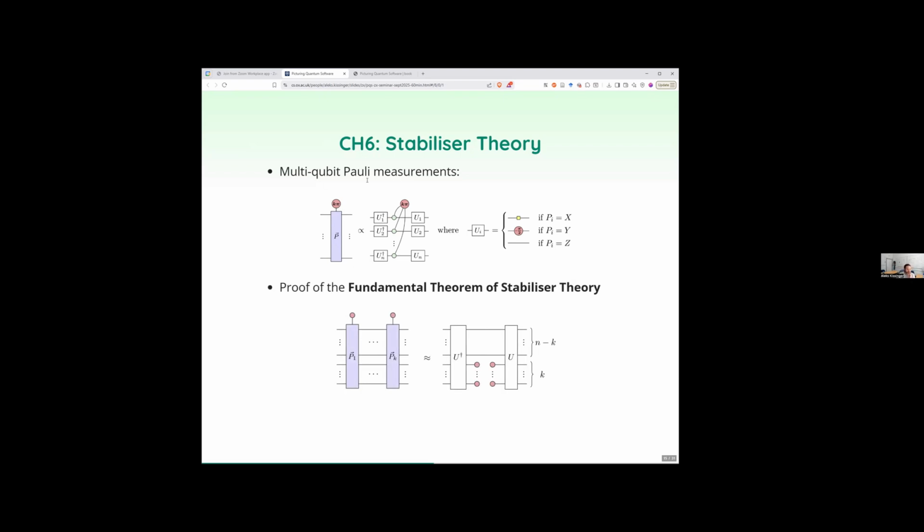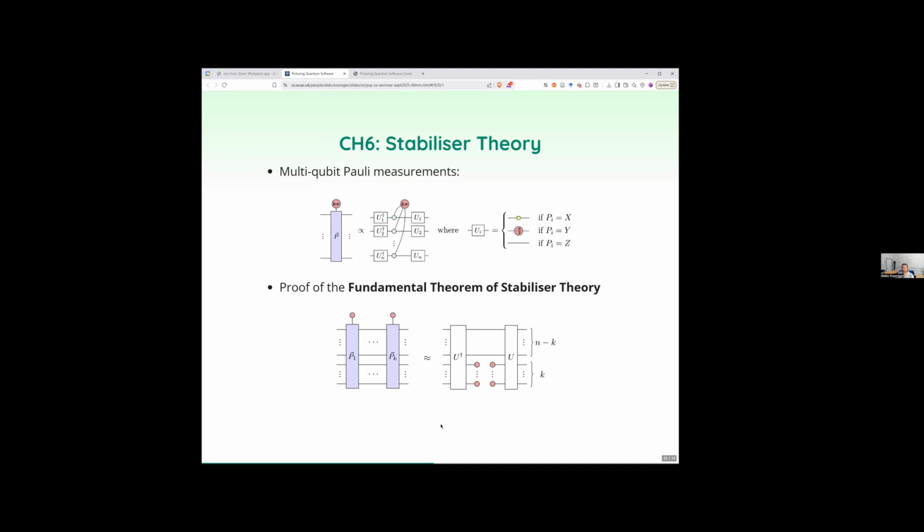One of the first main applications of these Pauli projectors is we prove what I like to call the fundamental theorem of stabilizer theory. I think this is a very familiar concept to anyone working in this area, but I don't know if this terminology is so standard yet. The idea is: if I have k independent stabilizers, then the image of their projector has dimension n minus k.